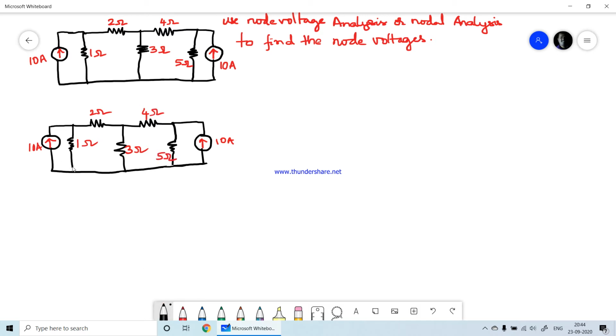So let us consider this as a ground which is connected. Now our job is to point out the nodes in the given network. So what is a node in an electrical circuit? Now the node is